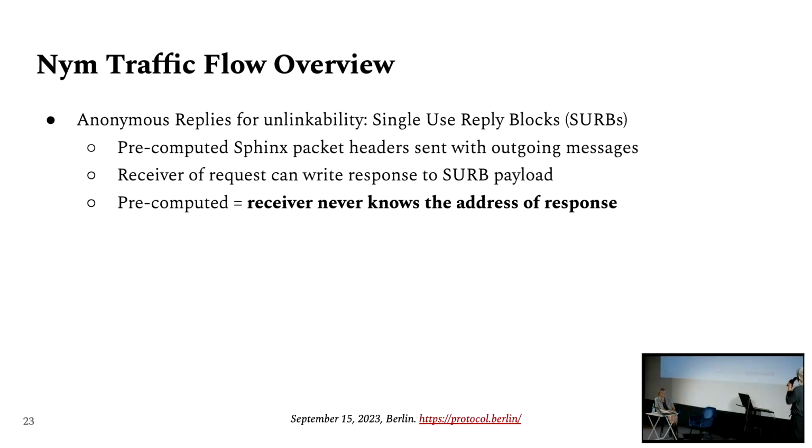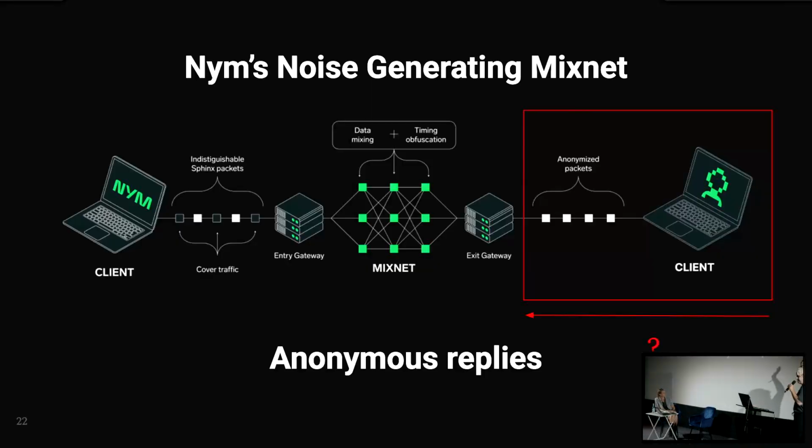So we basically have the anonymous reply system that we use, which is kind of the key for unlinkability over time, right? Because the concept of linkability between two peers is predicated on the fact that you communicate with each other more than once, right? It's this idea that, if we imagine this is an HTTP server or something, and the same person is always sending a request to that server at, I don't know, 9 o'clock in the morning,